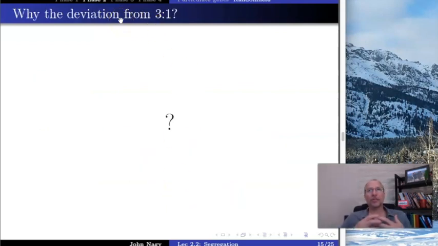So that gives us an explanation of what's happening there. But the other part that he had to deal with was this. Why is it not exactly 3 to 1? Why is it only close to 3 to 1? Well, let me play a game with you for just a moment. Suppose we go to Vegas and somebody on the street says, hey, look, I want to play a really simple game with you. I'm going to flip a coin 4 times. Okay? Now, you can bet on whether or not you're going to get 2 heads and 2 tails,